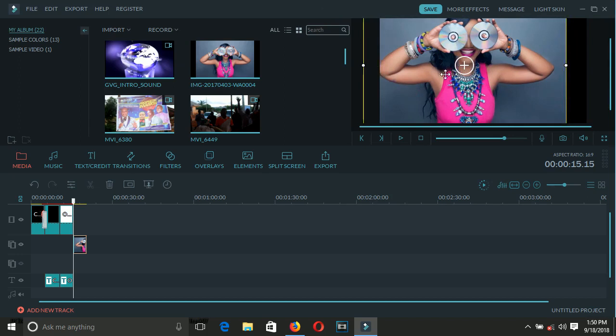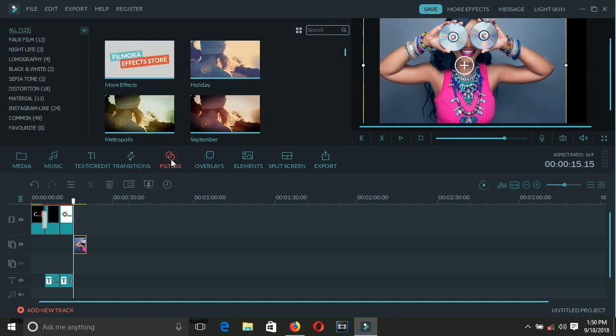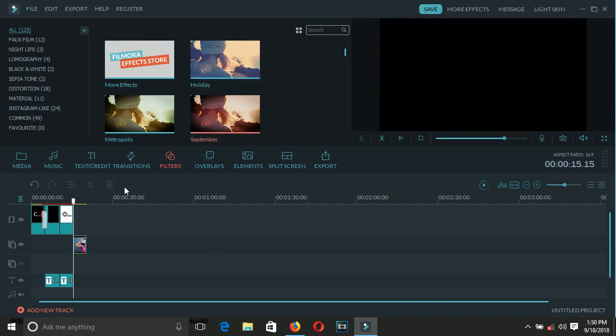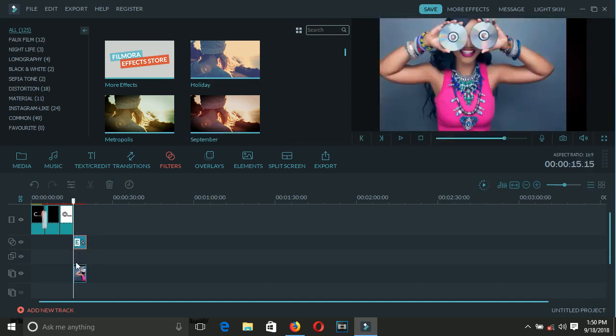You are free to do it whichever way you want. And then when you place it here and you want to change the color or whatever, you want to make it look more dramatic, that's the best way to put it. So what you need to do is, let's use this one anyway, just drag it on top of it and you can see